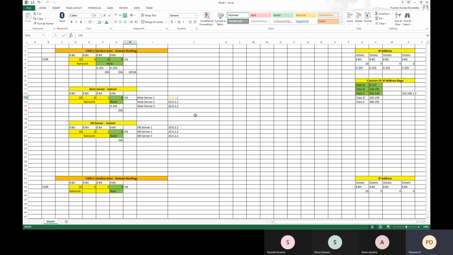See, in real time, if you take your organization, if it has applications and servers, they may have a separate VNet for that, 10.0.0.0. And for example, if they want to provide for employees, they may have a separate VNet, 10.0.1.0. For each they can define separate address ranges. So while creating a virtual network, there is no restriction that I should provide only one CIDR notation. I can provide any number of CIDR notations in the virtual network. That is possible.